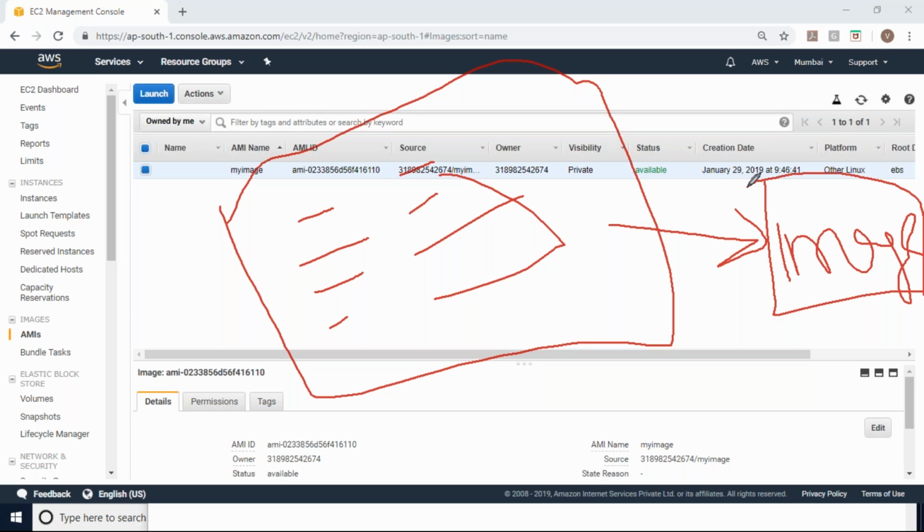In future, whatever request I get to create a new server, to launch new servers, I will create new servers from this image. From this image, I will create the new server. If I create my new server from this image,